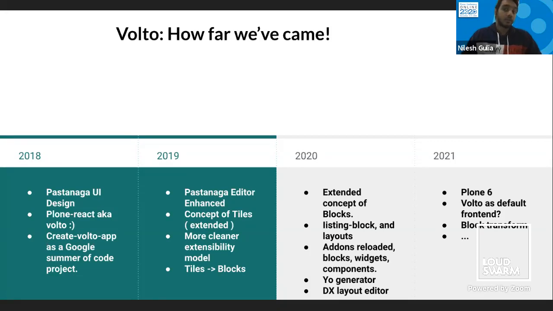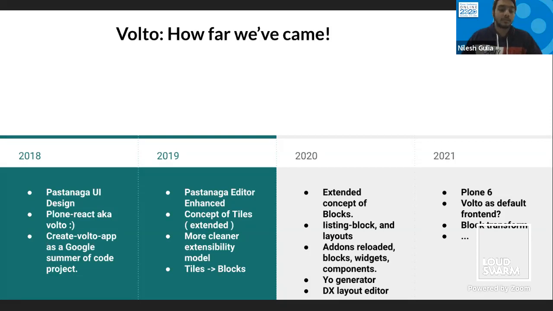Then we needed a scaffolding tool very badly, because users can't just clone Volto and really start with it. We wanted users to create their own project from scratch. So as a Google Summer of Code student, I had been the student, and together with Victor we built this nice package, Create Volto App.